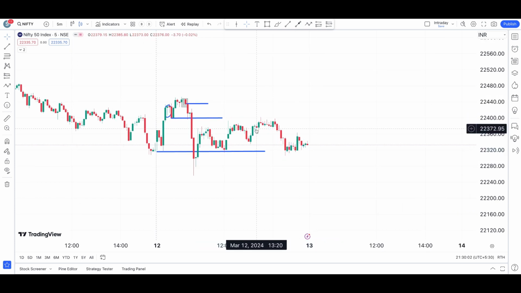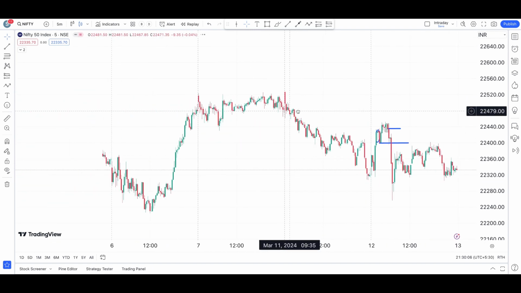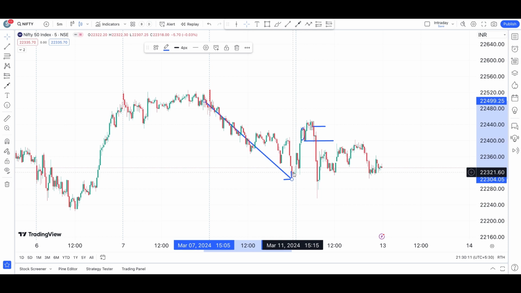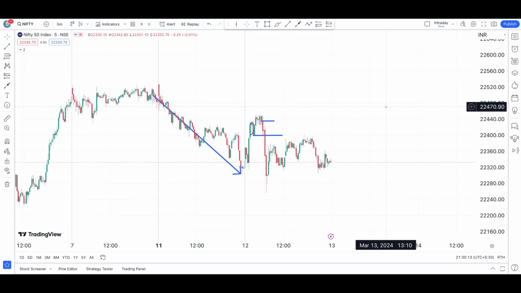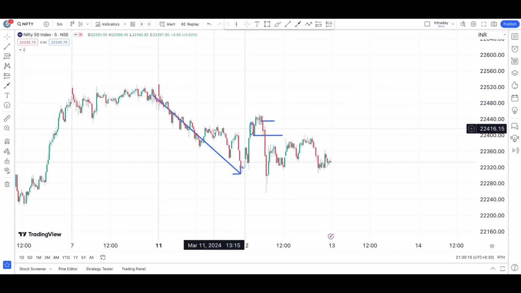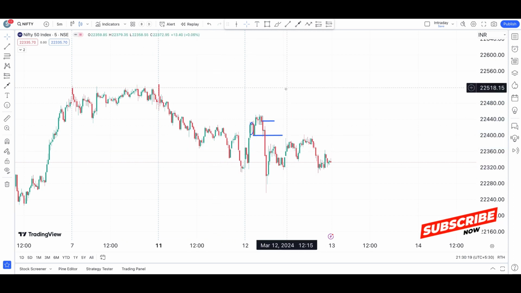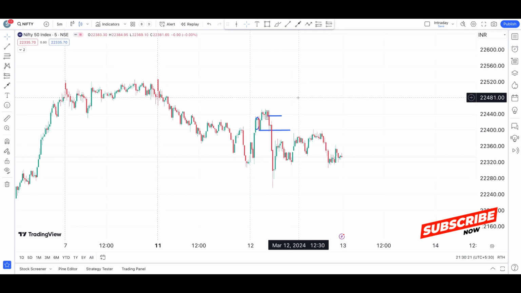So I hope you have understood, and there's nothing much to learn from today's price action, as it's a sideways day, and these are the days which you can identify beforehand from the previous day's price action. Sometimes it will be the immediate day after this kind of trending day. Sometimes it will be a day after that, the second working day from your trending day. So let's wait and see what's going to happen in Nifty and Bank Nifty tomorrow.